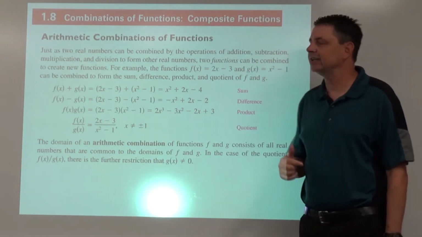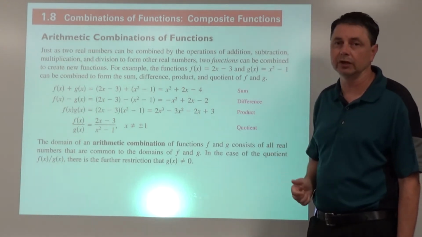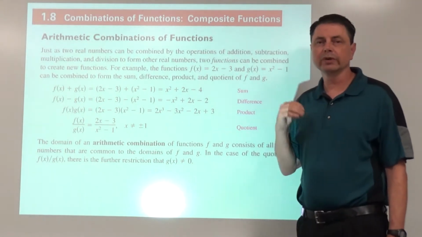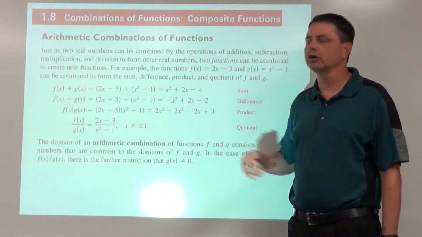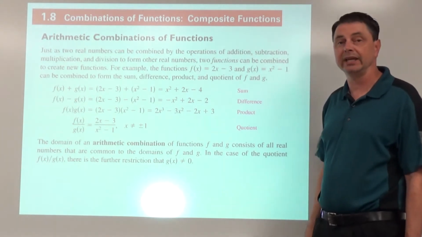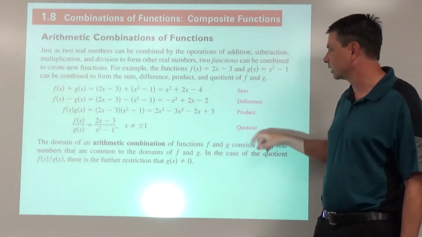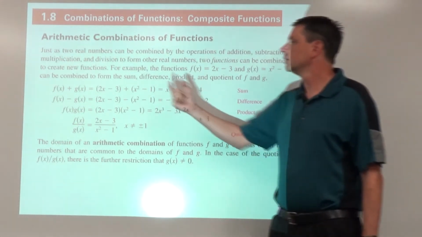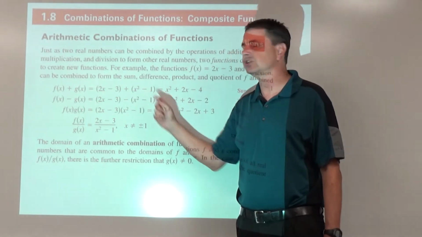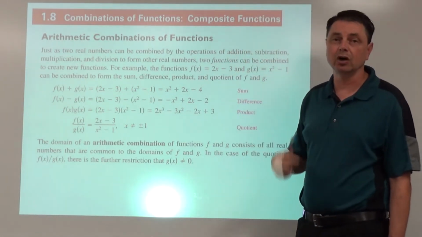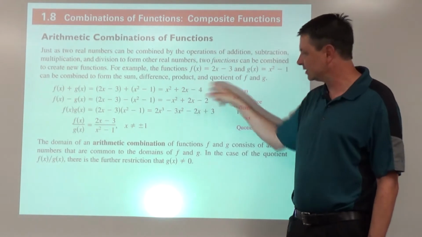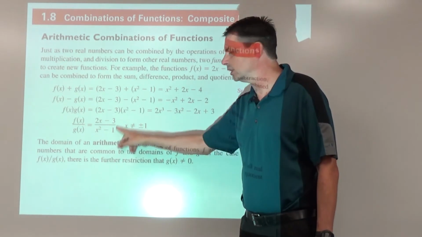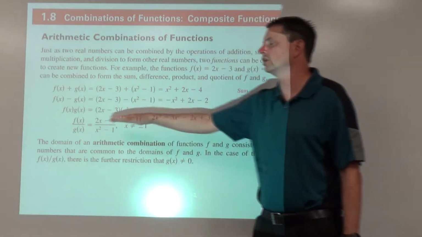Most of the functions that we tend to work with are polynomial functions. And you've been exposed to this before, so we're really going to review that, but also be thoughtful about the domains of the sum function, difference, product, and quotient. Now, if we're working with polynomial functions, f of x and g of x, then the domain has to be all real numbers for each of the functions, and the sum function as well, and the difference, and the product. But here's a little bit of a condition for the quotient, because when we're dividing,